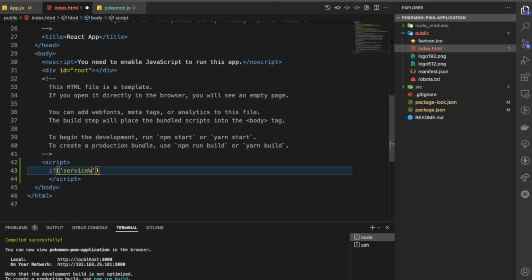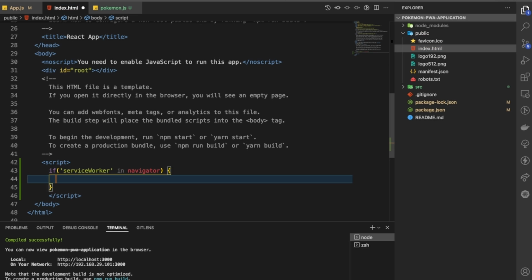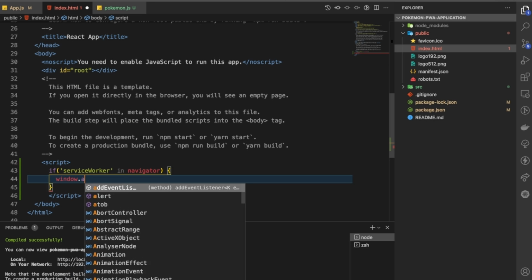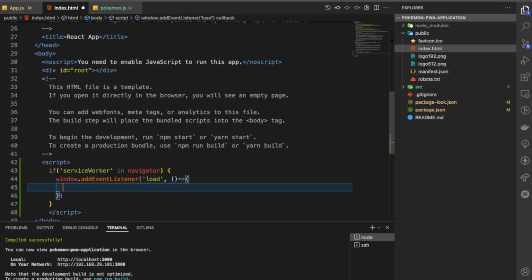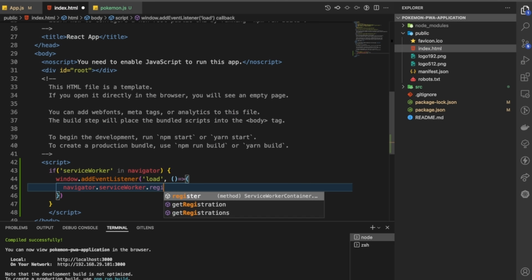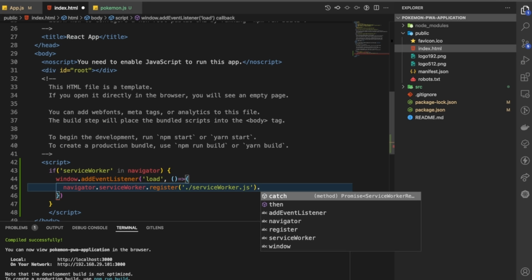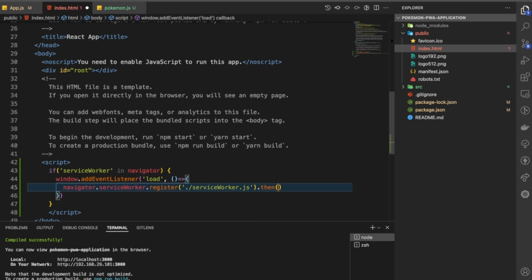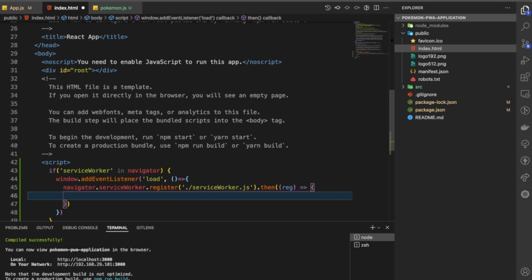So in navigator, if this is available, then we are just going to add an event listener to load, and navigator dot service worker dot register, and we are going to create a service worker file dot js, and this will give us a promise. So let's just have then, and let's just call it res, and we are just going to display console log